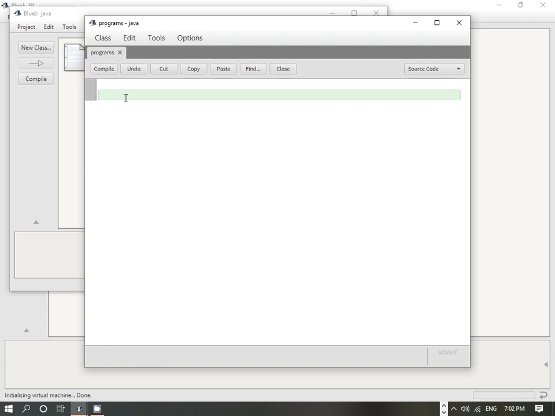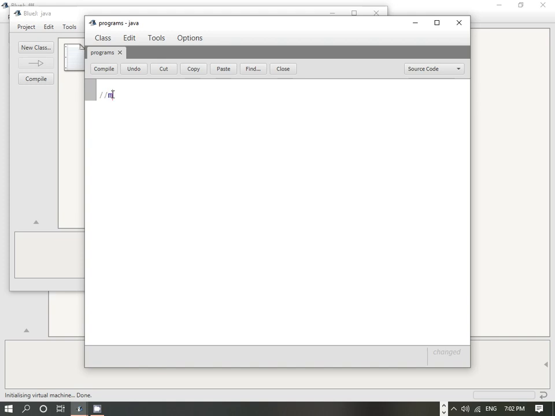The first thing we should practice is putting a statement or comment in the program, meaning what program we are writing. In Java, comments can be provided by two methods, either using double slash. Whatever statement I write after this double slash will not be compiled.